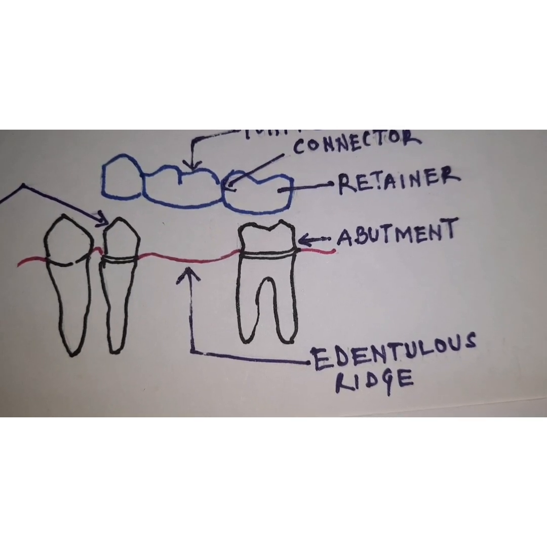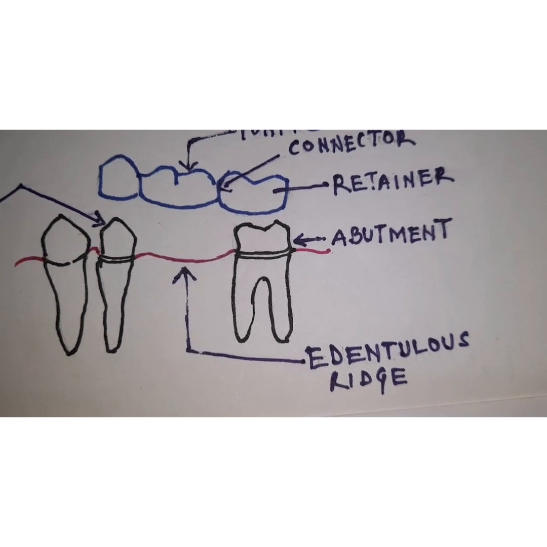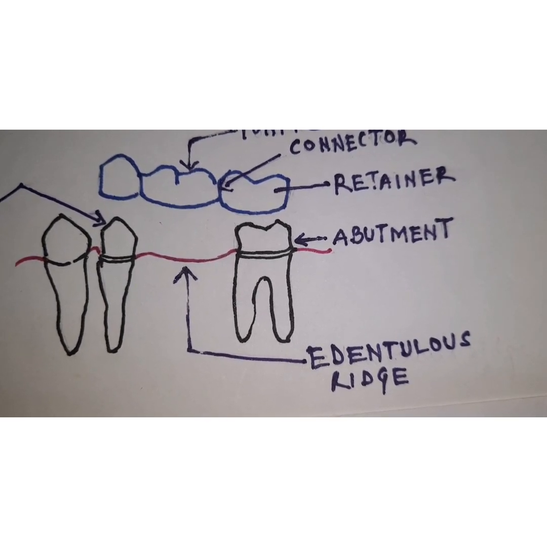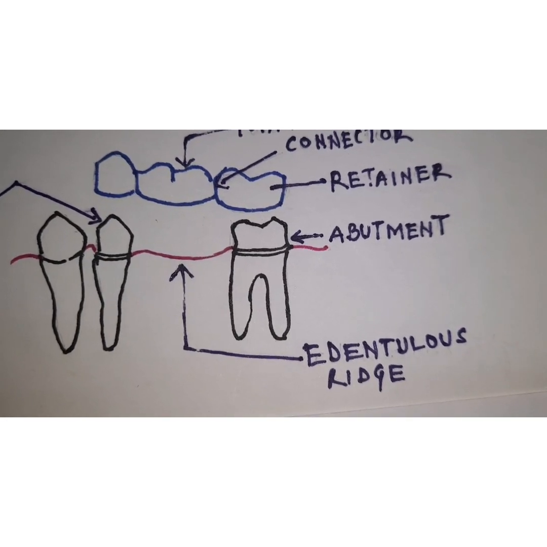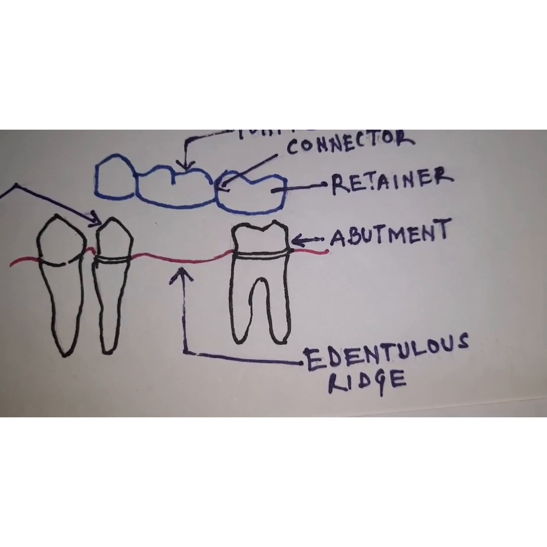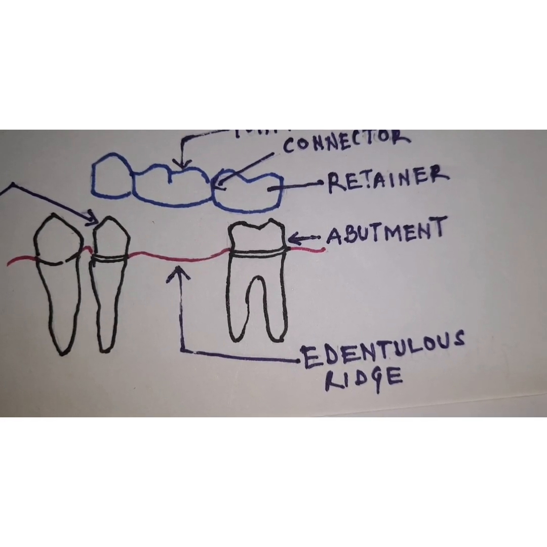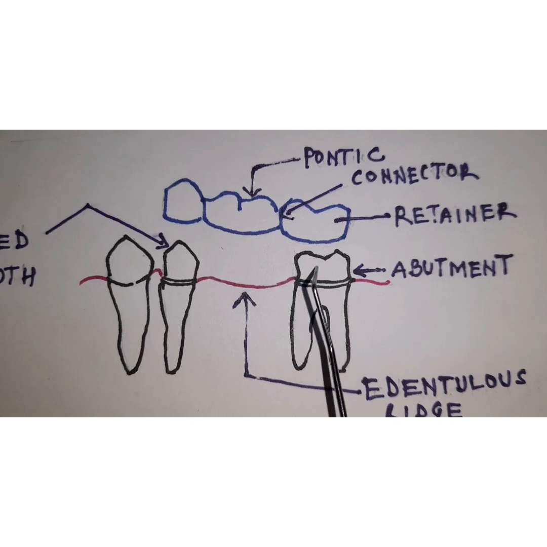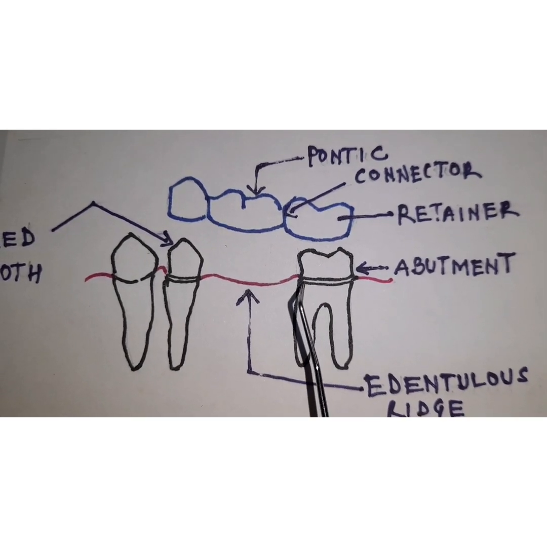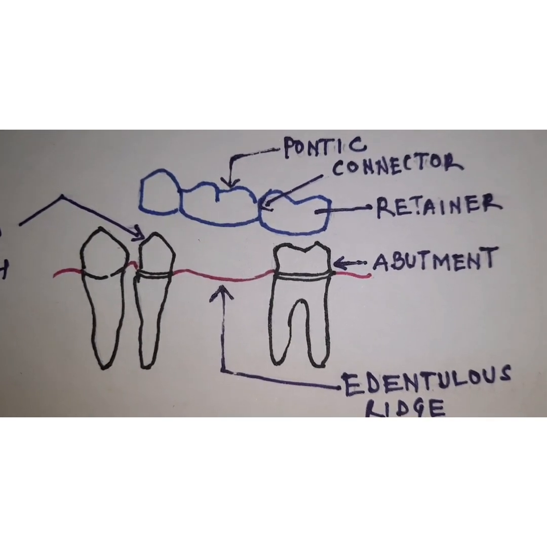Then, morphology of the abutment tooth which requires alteration, in those cases also we consider fixed partial denture, where it provides greater stability during function and it enhances the patient confidence and satisfaction. And in cases where teeth adjacent to the edentulous areas require a restoration, suppose these teeth which we call the abutment teeth, they require some kind of a greater restoration. So in those cases you can think of a fixed partial denture.